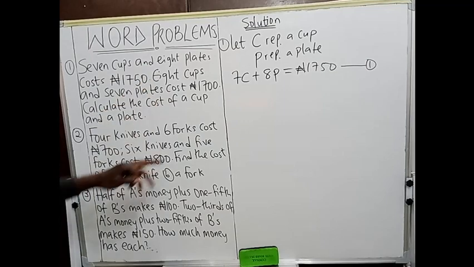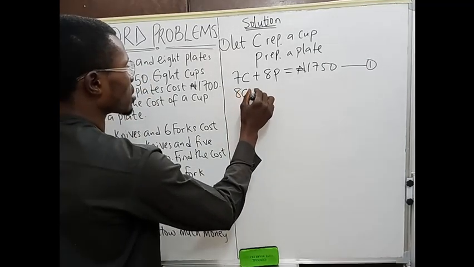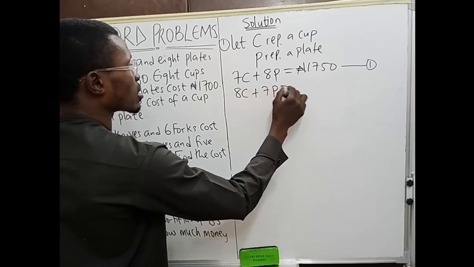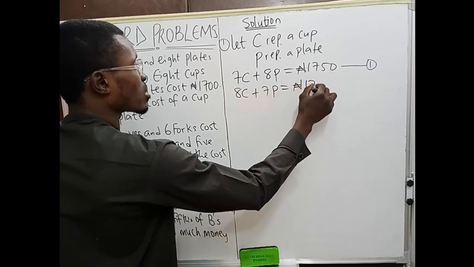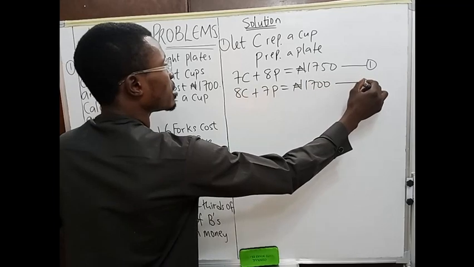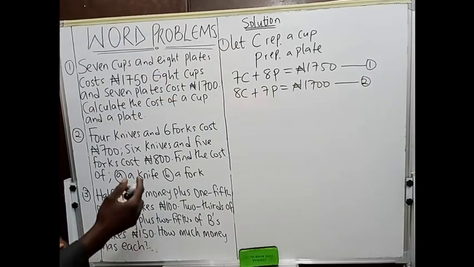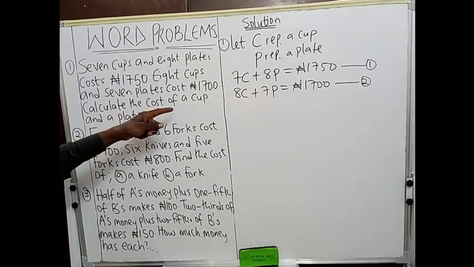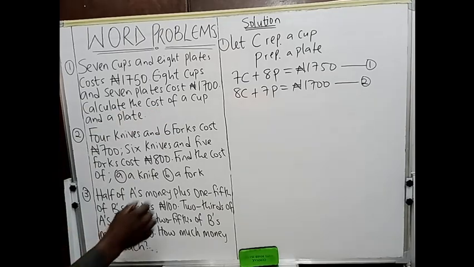Next, we have 8 cups and 7 plates cost 1,700. Second statement gives equation 2. We solve these equations, we get the cost of a cup and a plate. Number 2,